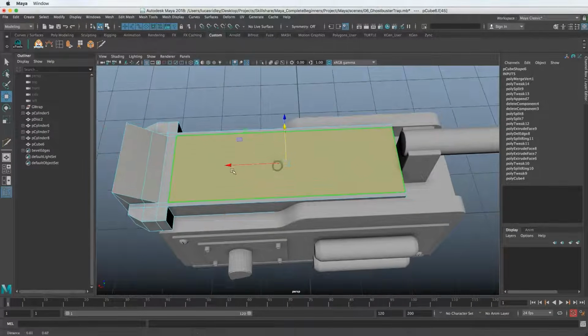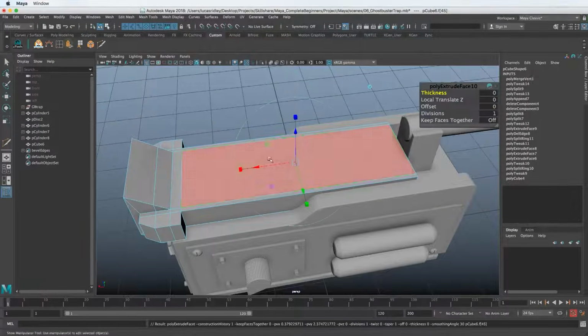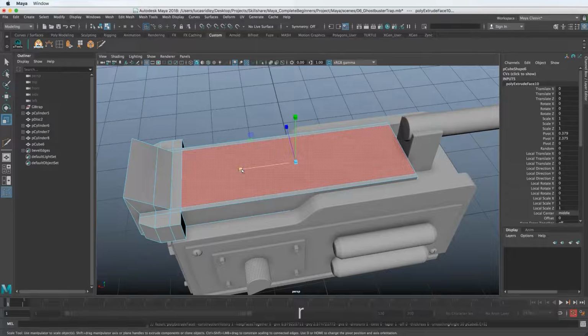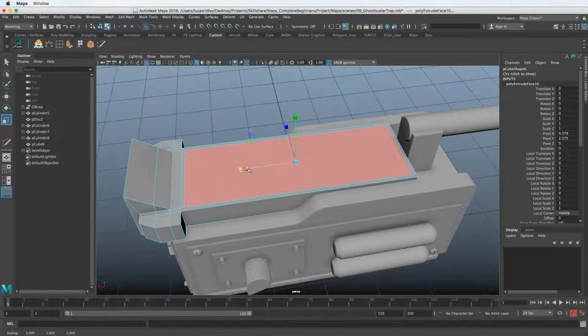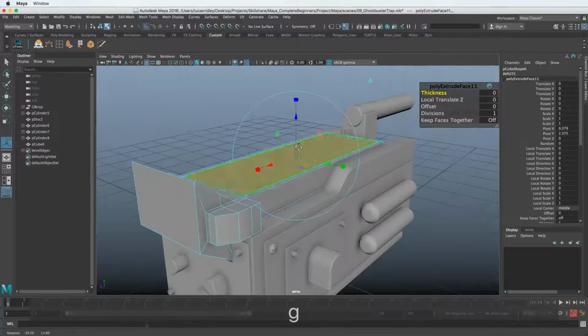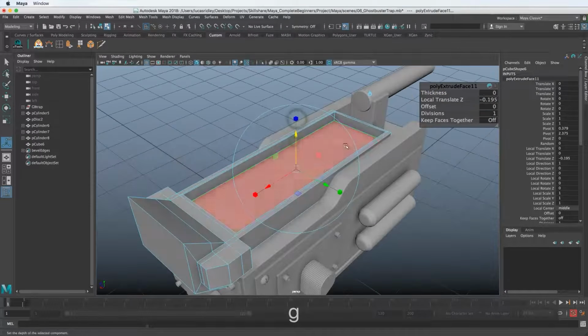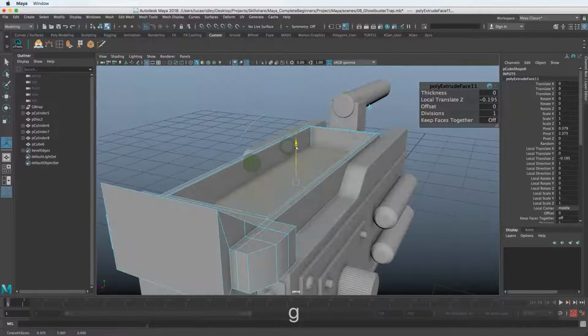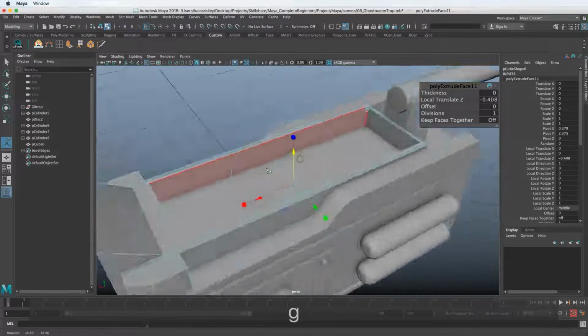So I'm going to select this face, I'm going to extrude, and then I'm going to scale in slightly in this direction, and in that direction maybe. And I'm going to hit G again, and it doesn't matter if keep faces together is on, because it's just a single face. I'm just going to smash that through.